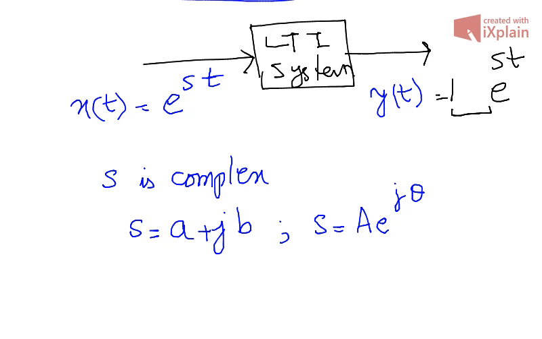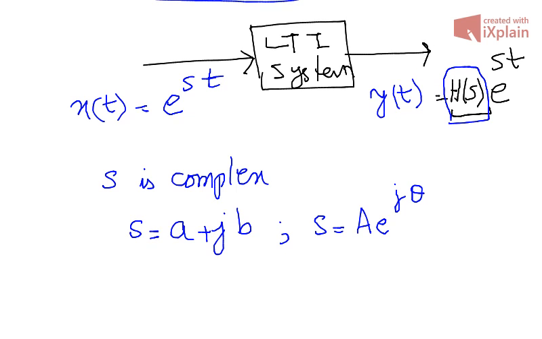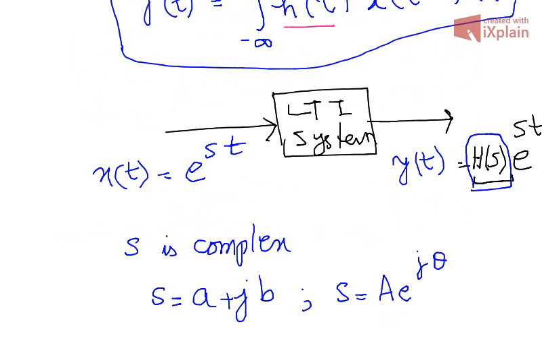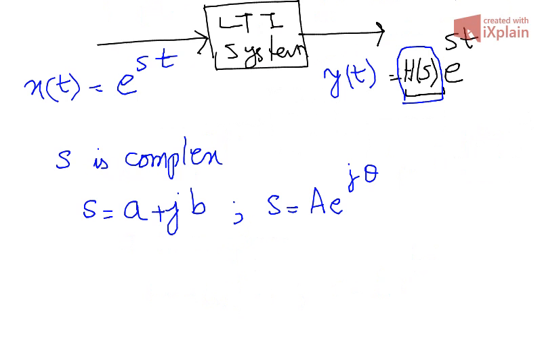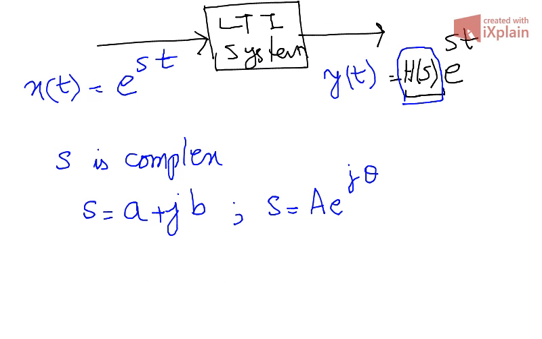The LTI system modifies its magnitude, and I would write that modification as h of s. Let me rewrite this again. So if you observe this,